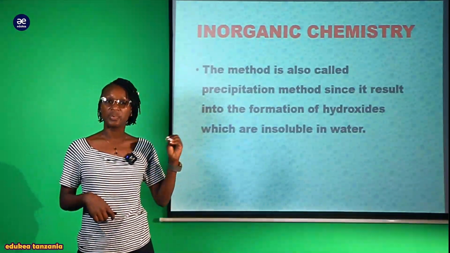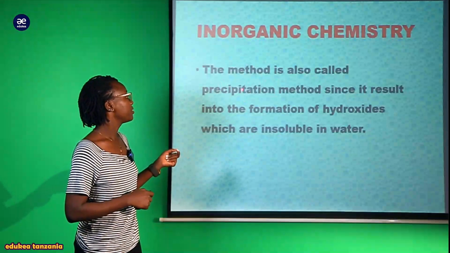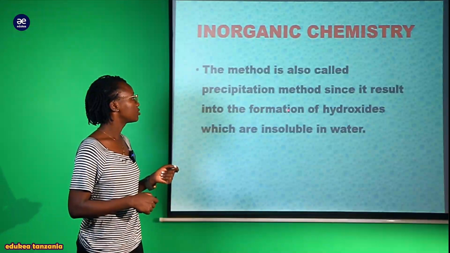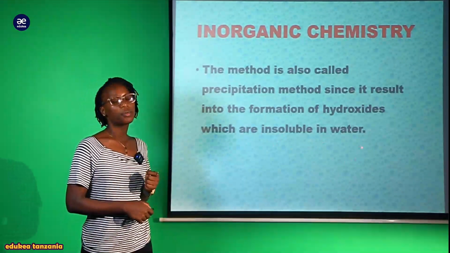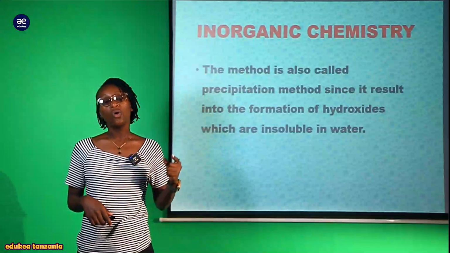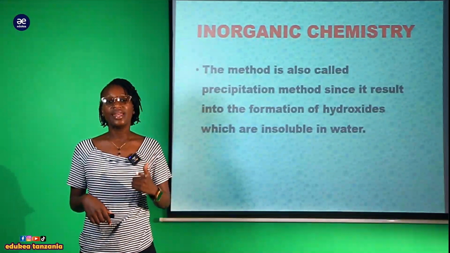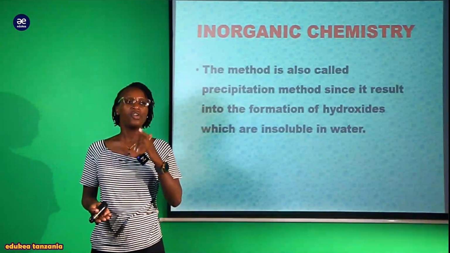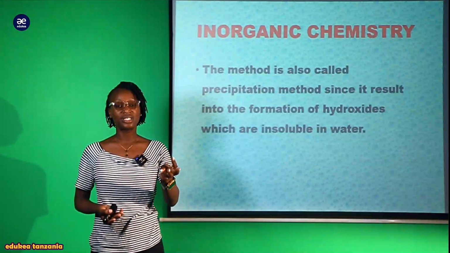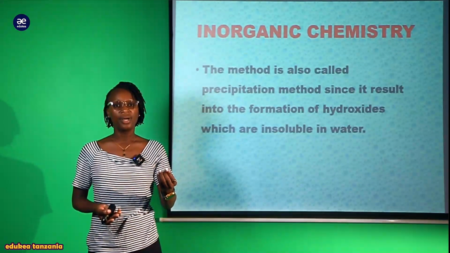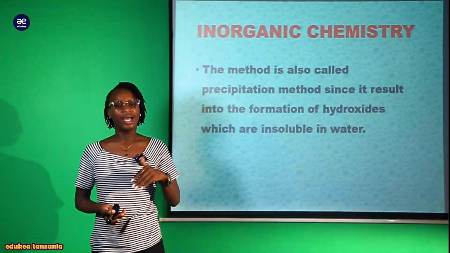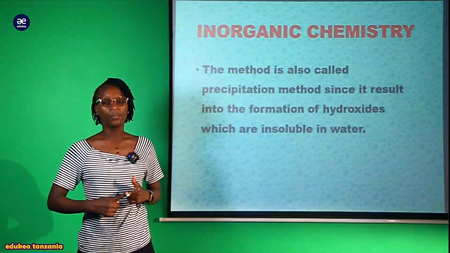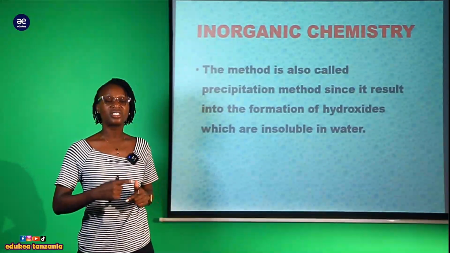Sasa kwa nini inajulikana kama precipitation method? Anasema kwamba this method since it results into the formation of the hydroxide which are insoluble in water. Kwa hiyo kumbe hii indirect method inatusaidia kuweza kufanya preparation ya metal hydroxide ambazo zenyewe ni insoluble, ambazo kwa mfano zile metals ambazo zipo chini ya hydrogen, tuna zinc, tuna lead, tuna aluminium, zote zile zinaingia chini ya hydrogen pale kwenye reactivity series. Sasa kwa sababu tu ni insoluble, therefore that's why this indirect method it is referred as a